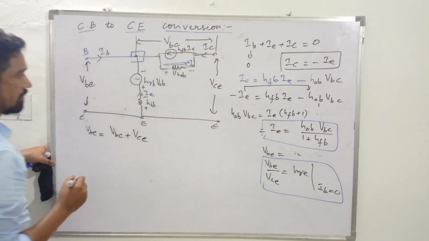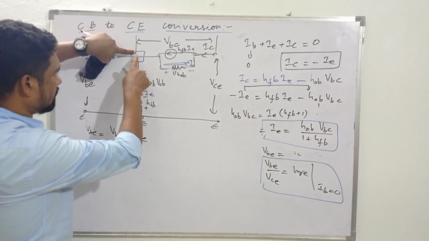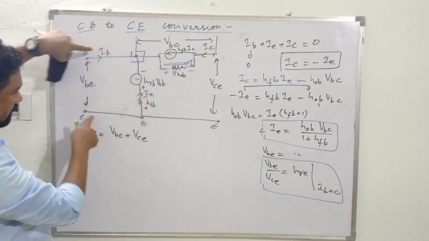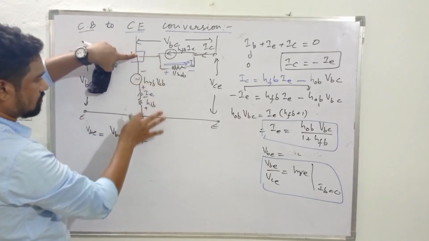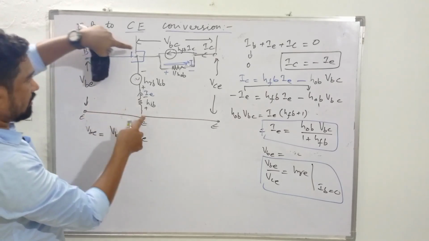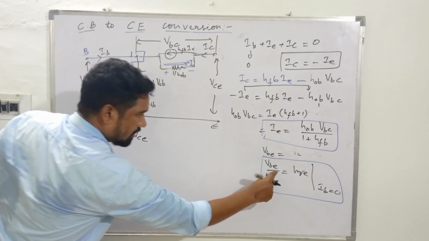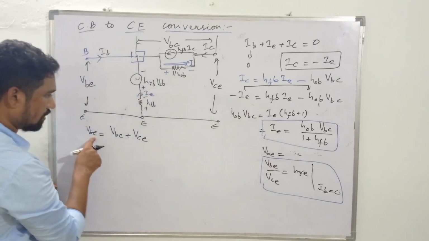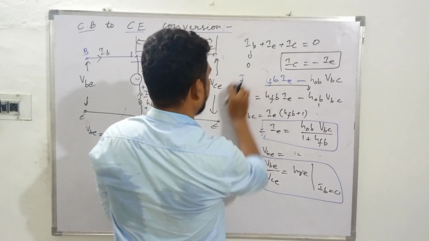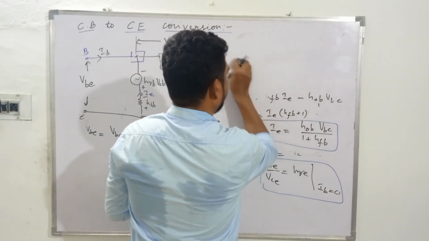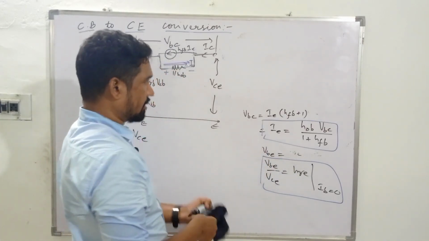VCE. All right. So from this point to this point, it's in parallel with this one. So this drop will be equal to this drop, whatever drop. Even this is true. Even this drop is equal to this drop and equal to this drop also, right? So the same VBE, right? The same VBE. Do we need this? We need IE. All right. We need IE. And this same, we are going for HRE, isn't it? HRE,